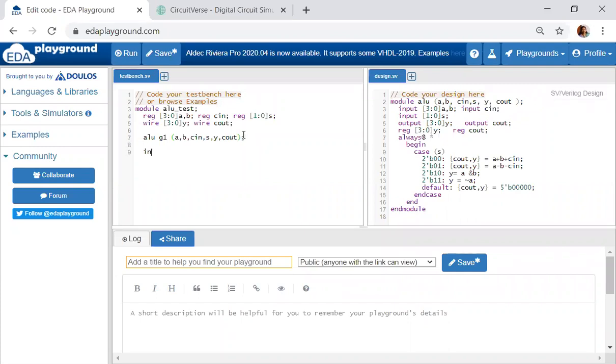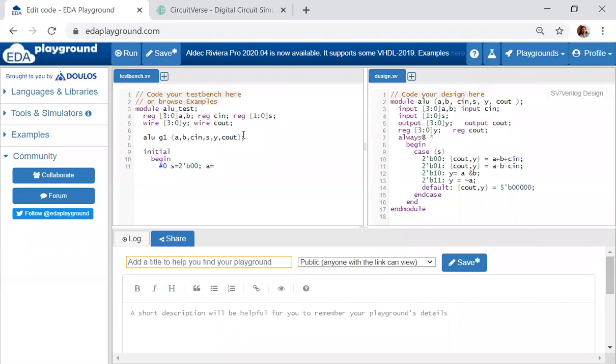Now we have to initialize it. Initial begin. First let me assume at 0 time units, the select line will be equal to 2'b00. When your select line is 2'b00, the operation it has to perform is addition.